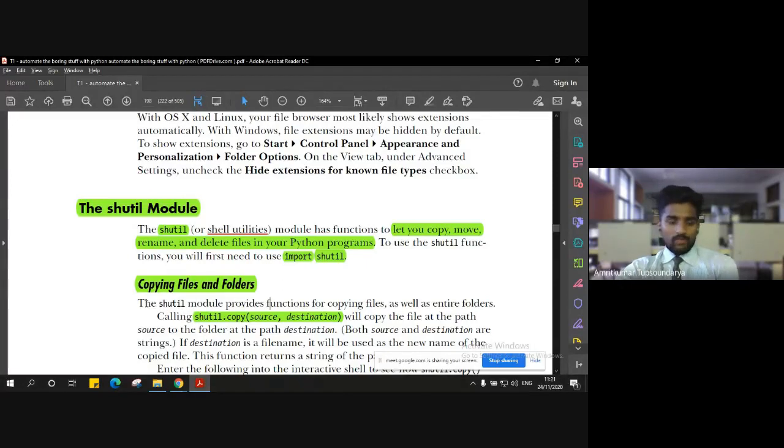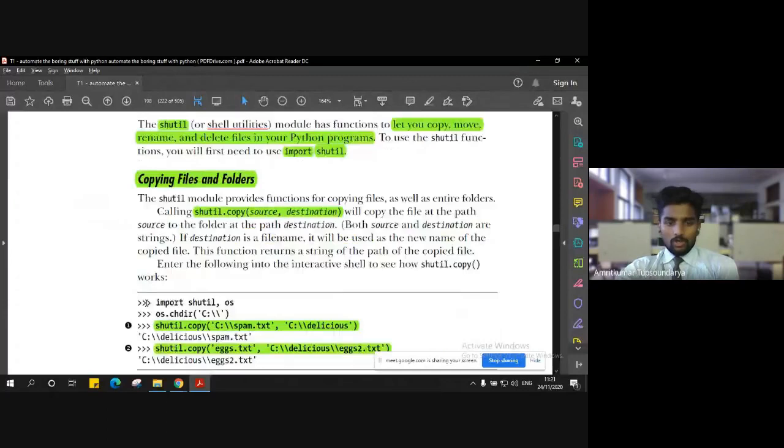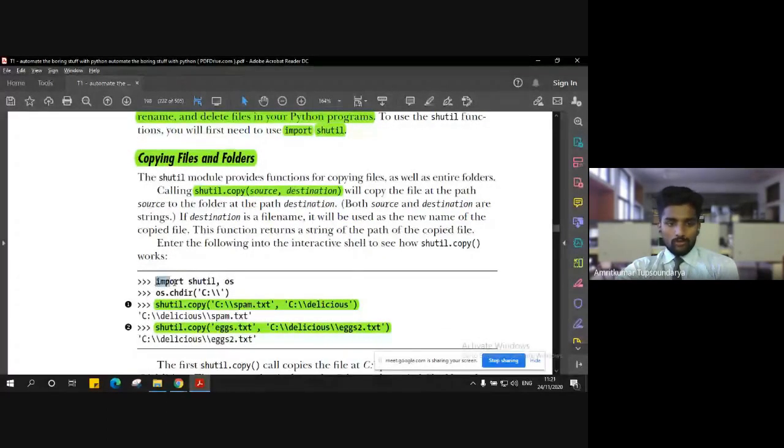For example, let's say we want to copy files and folders. In order to copy, of course, you have to first import shutil, and since you're operating on the operating system, you have to import the os module also, because identifying the path, the location of a particular file, is only applicable when we import the operating system module.